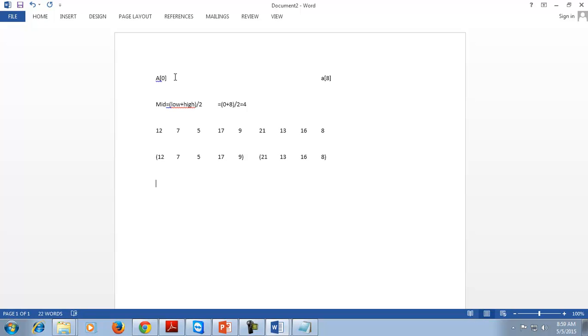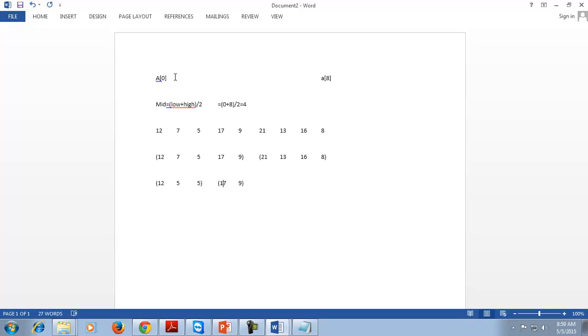Similarly, this list will be again divided, which contains 12, 7, 5, then 17 and 9. That is A of 0, A of 1, A of 2, A of 3 and A of 4. 0 plus 4, that is low plus high divided by 2, 0 plus 4 divided by 2 is equal to 4, equal to 2.